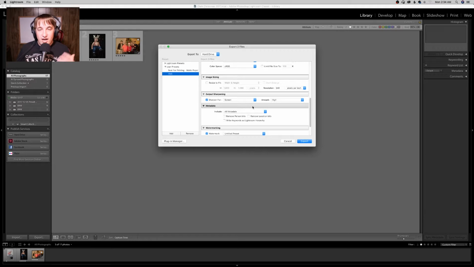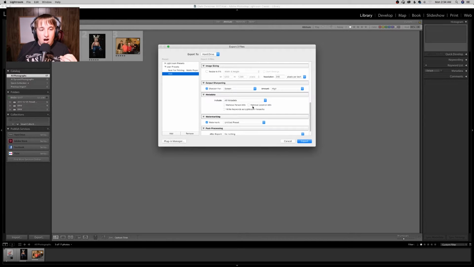And with anything that's going on the web, I want to include all metadata from what kind of camera I shot it on, what lens I did, what f-stop I used. I want to put in there what date I shot it on. I want to have that metadata because